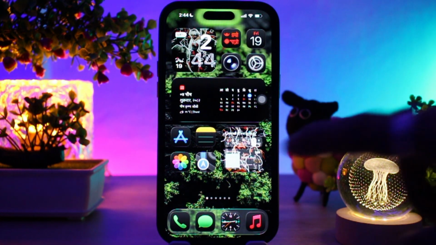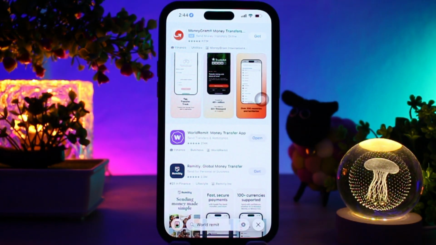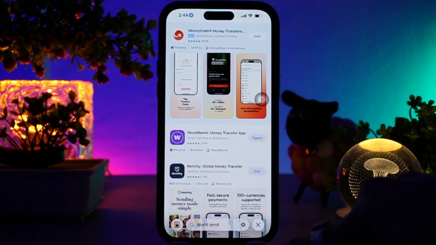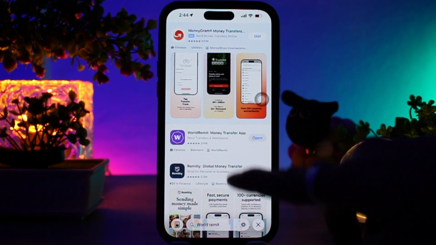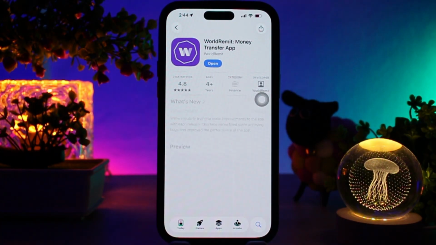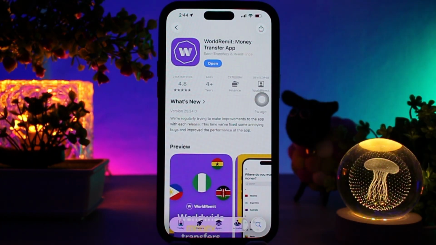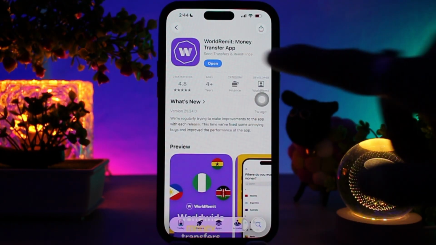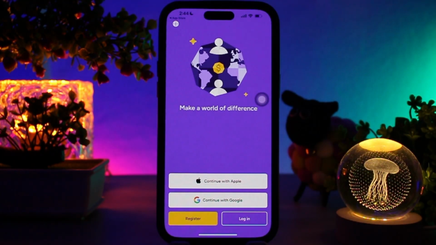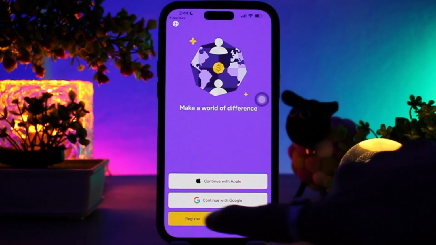account. To do it, simply head over and open up your app store. Then on the search bar, simply type in WorldRemit and look for an app icon like this on your search list. Then simply tap on it. Then tap on the get button and simply follow the on-screen prompts to successfully download the app. Then once downloaded, simply tap on open, and if you haven't created an account, simply tap on register, and if